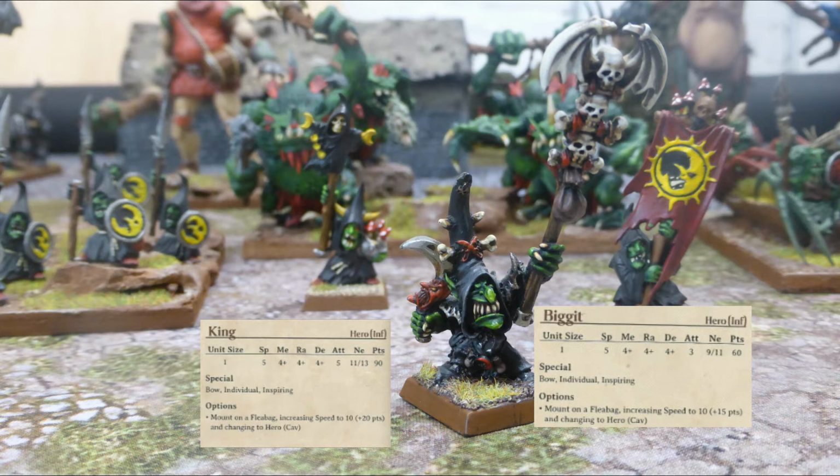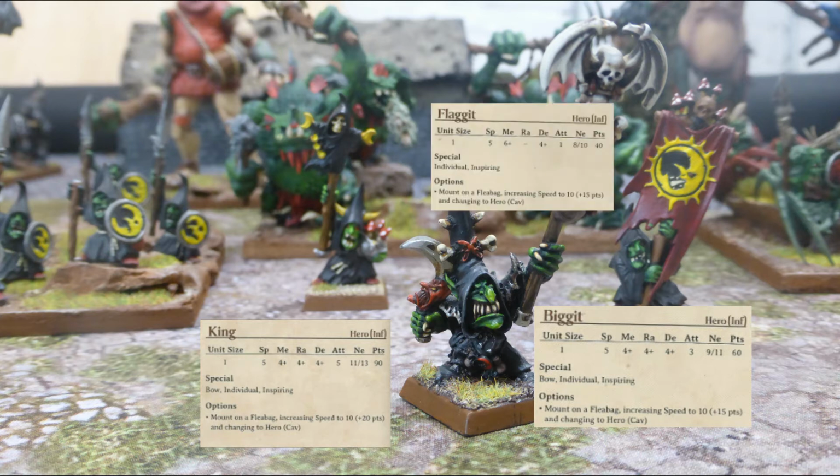So I'm not really a big fan of both of these choices, to be honest, because I think the issue here is the fact that the Flag Git is still so cheap, right? The Flag Git's coming in at 40 points. So I think what most Goblin players do, if they want that inspiring, instead of taking a King and mounting him on a Fleabag, is they just take a Flag Git, mount him on a Fleabag, and already you're saving yourself 50 points,